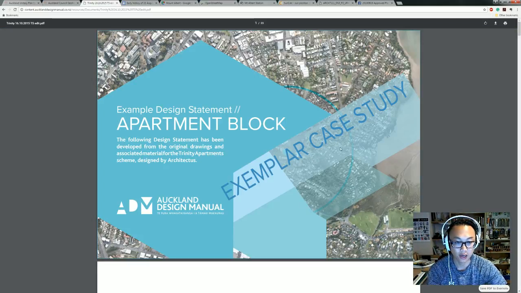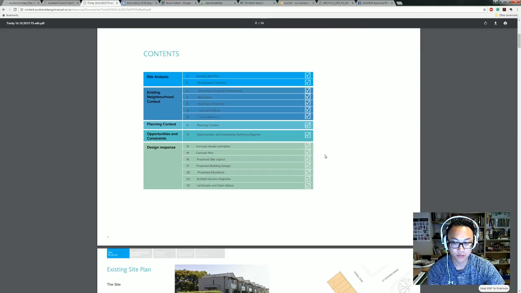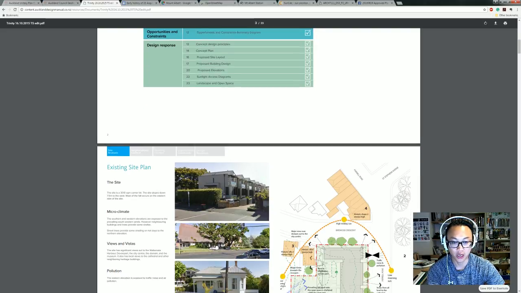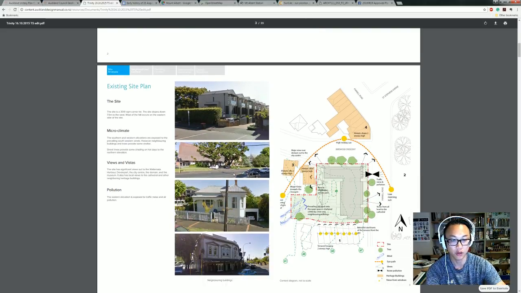Okay, so that's what it looked like. It's actually exactly what we've been asked to do. So that's the content, the site analysis. We're going to study the existing site plan, the streetscape, and neighborhood, and the context. So if you download this PDF, you can go over it after, but that's what I'm going to show you. So here the existing site plan talks about the boundaries of the sites, how big it is, the information,